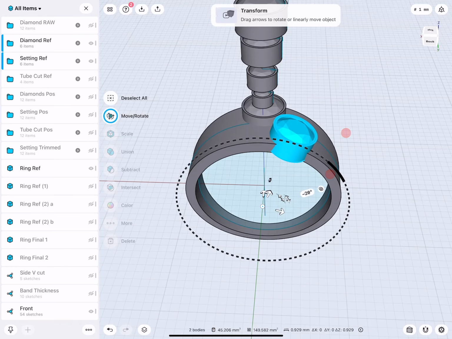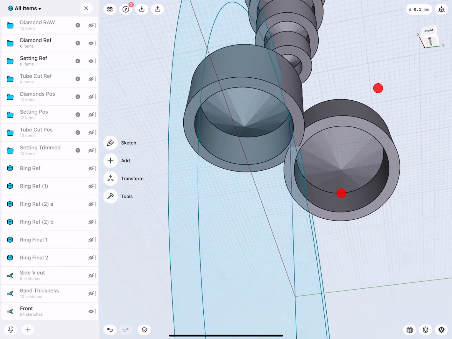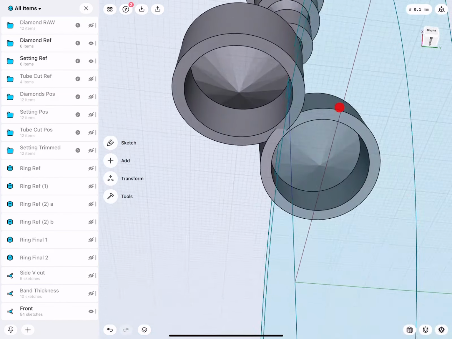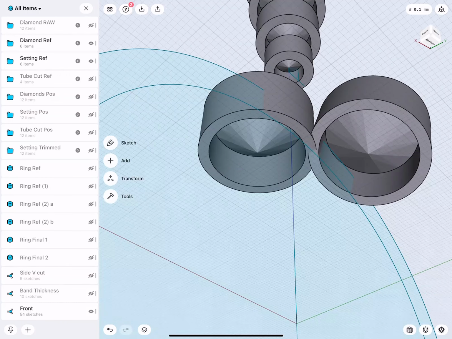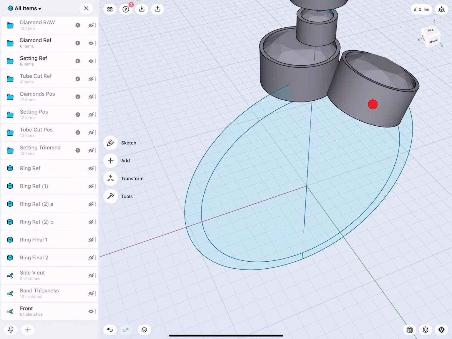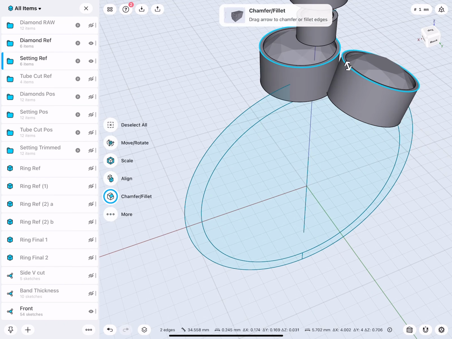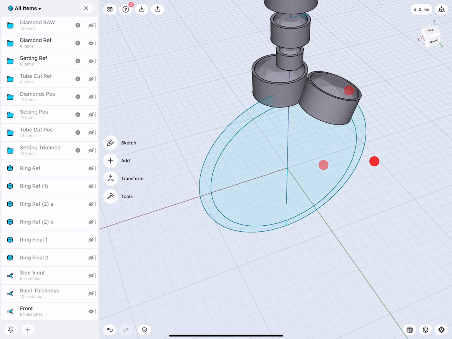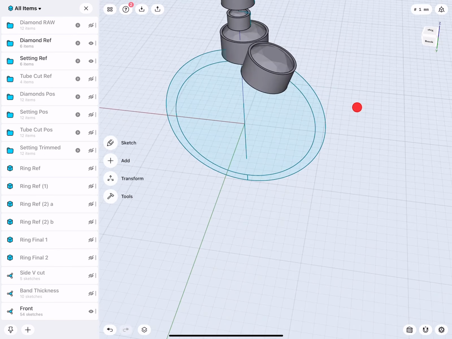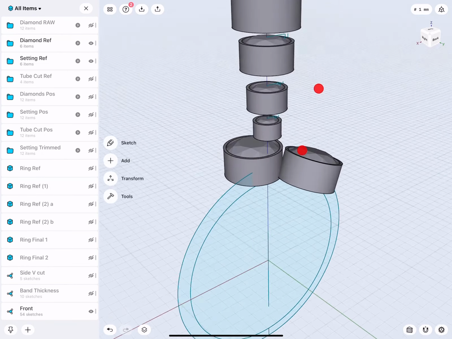Pretty good. Let's do a quick check. This I turn off because I want to make sure that the two tubes do not intersect too much. They have to touch a little bit. That's good. Perfect. This also keeps actually these two rings free. So later when I want to put my bezel setting tool over it, I can very easily press each ring down. Very good.